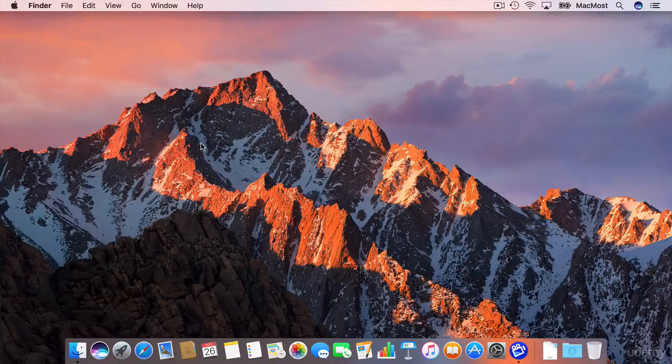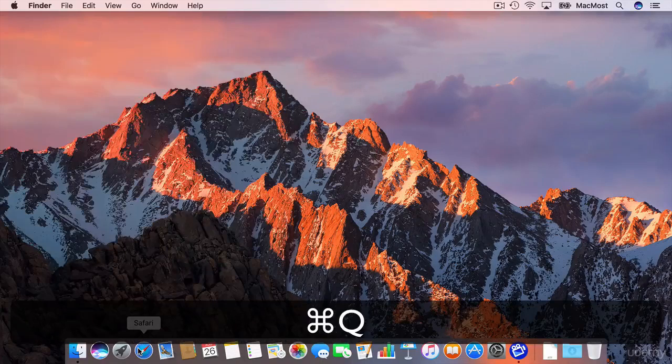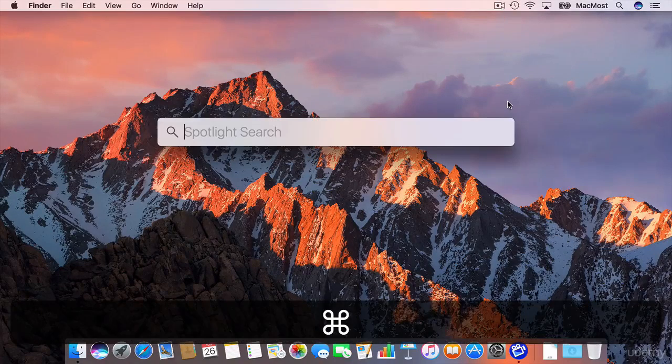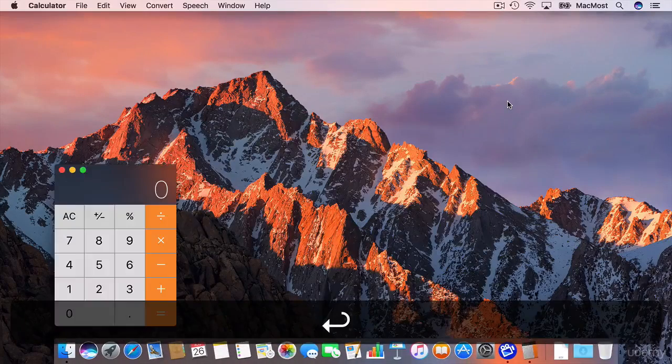So let's look at how you can launch apps. We've already seen two ways you can launch apps. One is through the dock here. We can go into the dock and click on an app icon to launch that app. We've also looked at using Spotlight to do it, either using this menu bar icon here or just Command Space, starting to type the name of the app, and when it appears as the top hit, return, and it launches